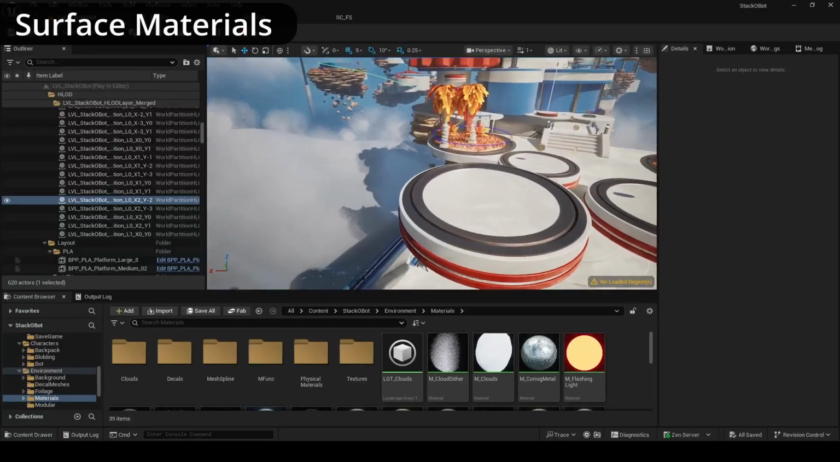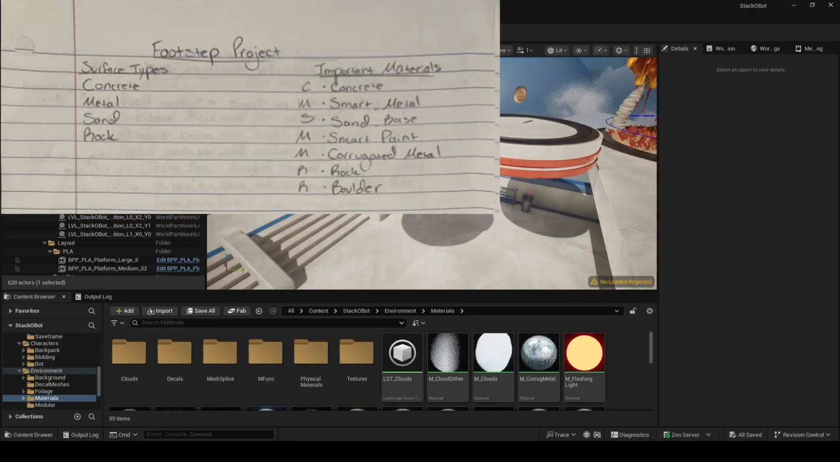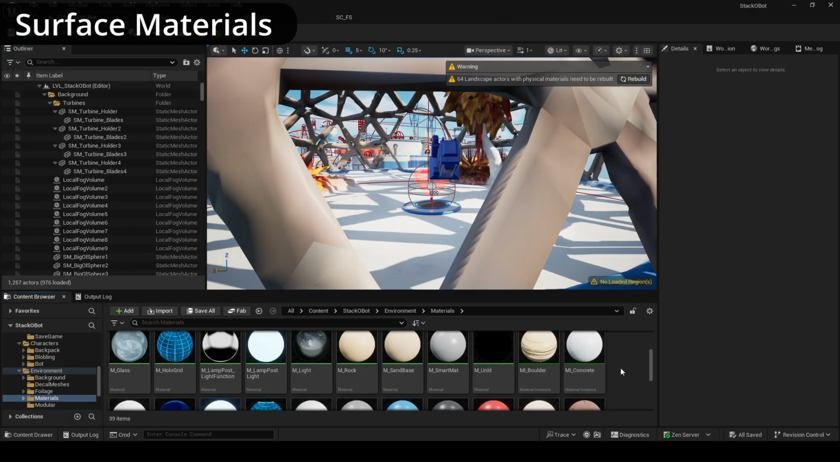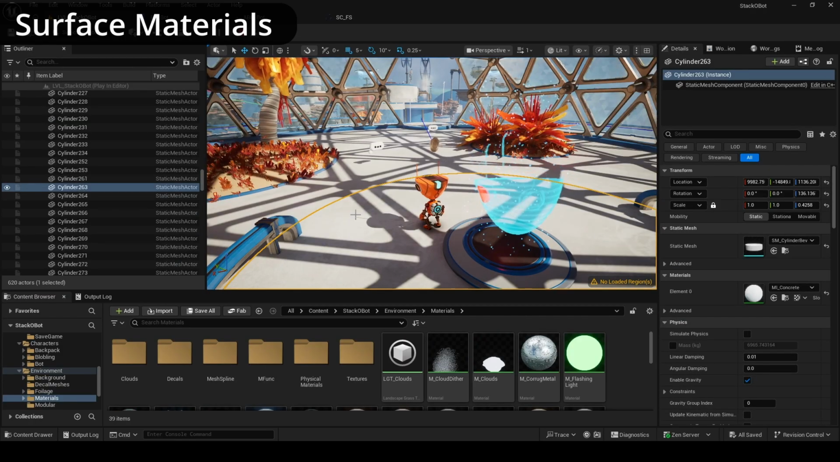I did a quick fly-through of the world to see what all the different platforms looked like, and came up with the list on the left. Looking through the materials list, I wanted to make sure I was only tagging the ones the player would walk on. So I clicked on all the different surfaces to see what materials they were using and assigned a surface